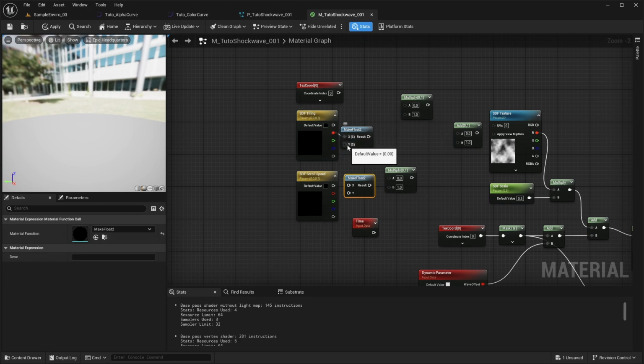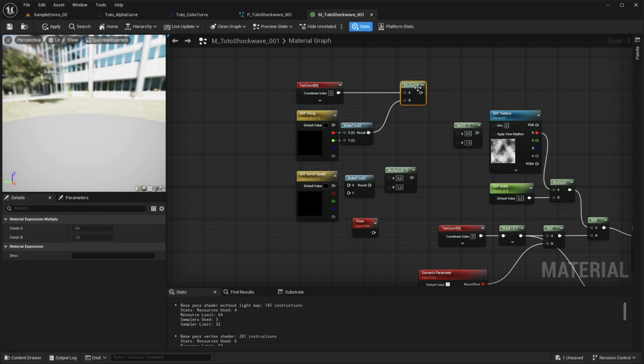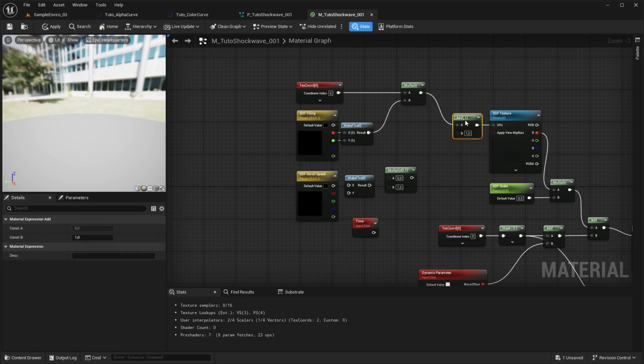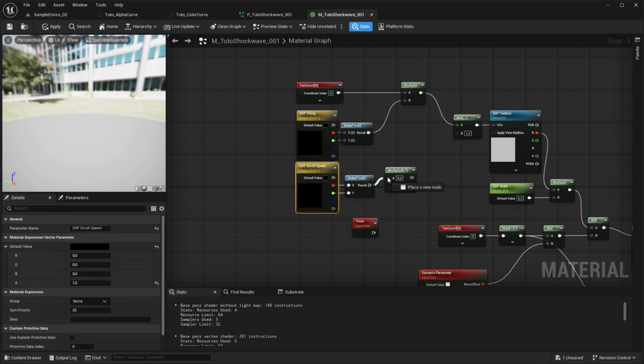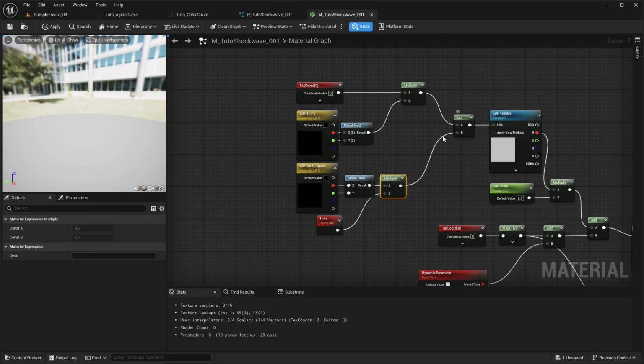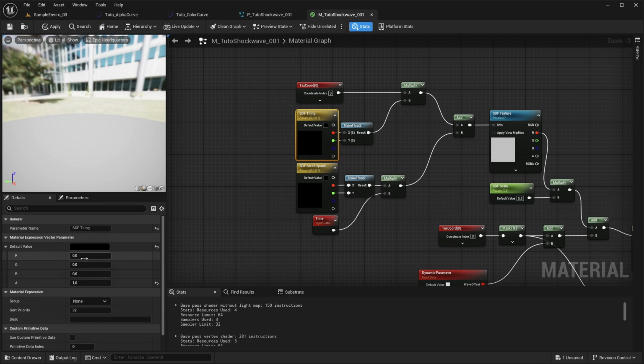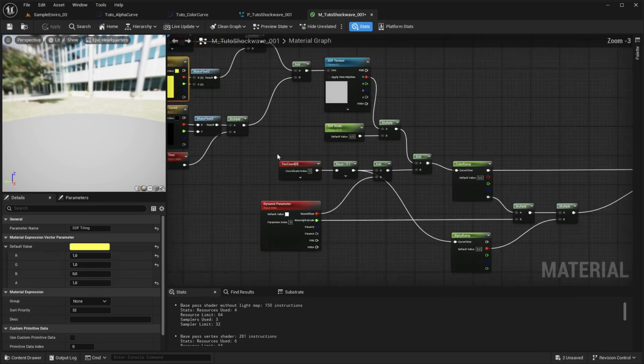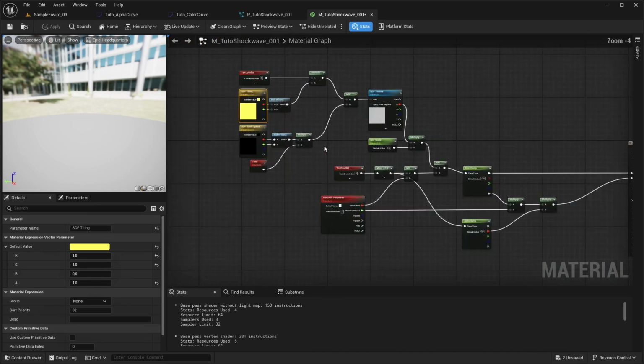We just have to link everything like that, so the SDF tiling multiplied by the texture coord, just like that. Then the SDF scroll speed to the make float 2, multiplied by the time. Everything is added inside the UV coordinate of the texture, and I will just set the tiling by default on R channel 1 and G to 1. I will apply. So now the graph is finished.